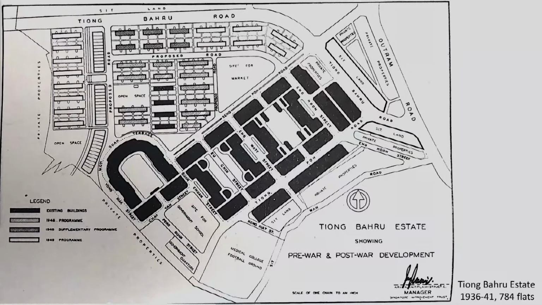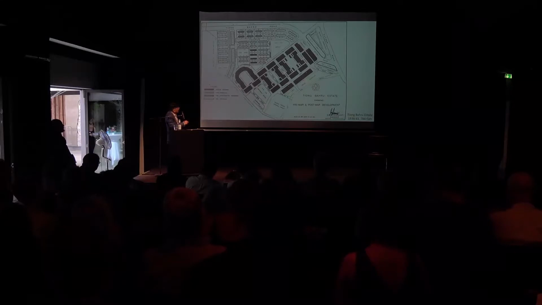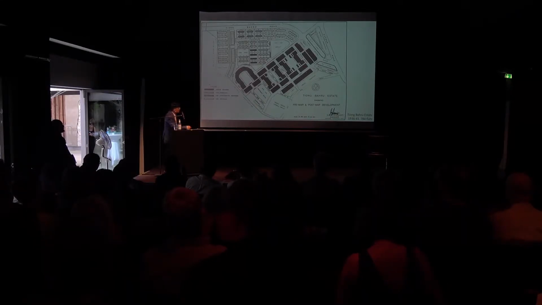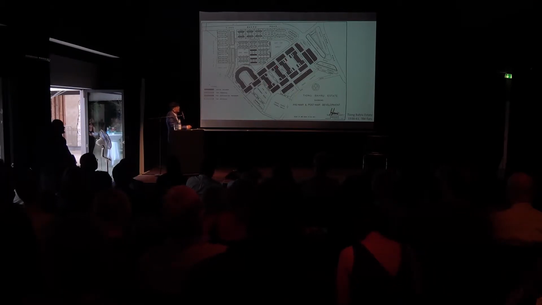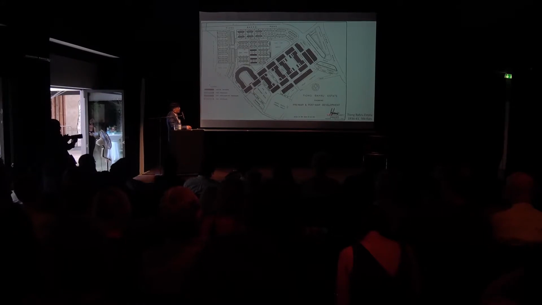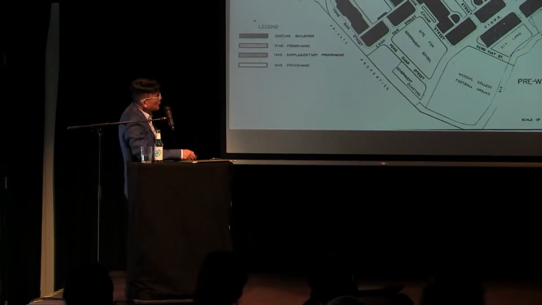Before the war, pre-war, you can see that the housings are really quite massive. They developed it along the shop house typology of 85-foot width. As Johannes mentioned, this is very similar to the Siedlung that you see in Berlin, with very enclosed internal courts and external tenements and so on. And this was done in 1936 to 41, altogether 784 flats.